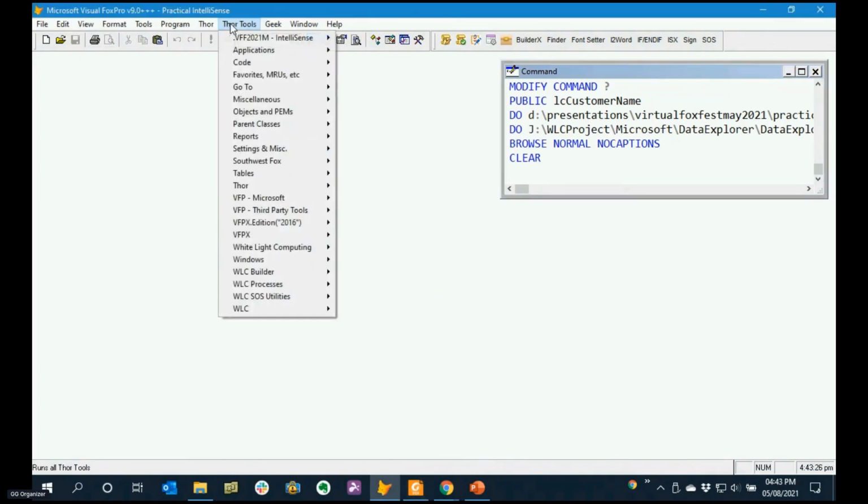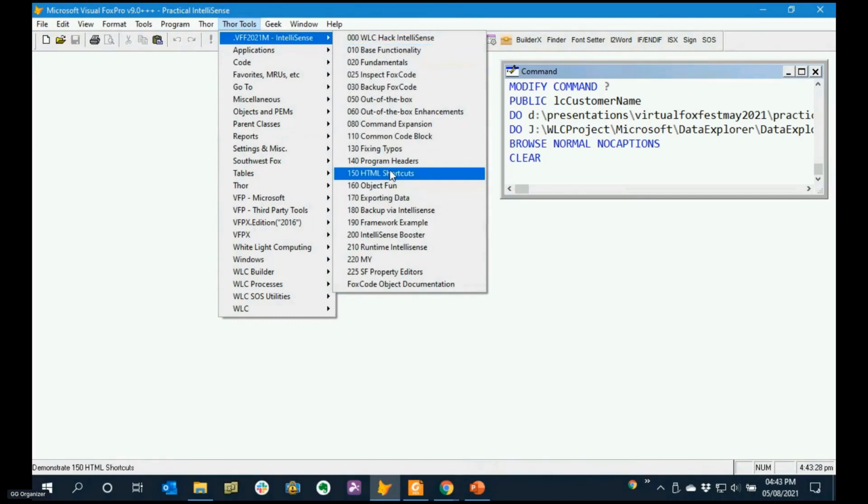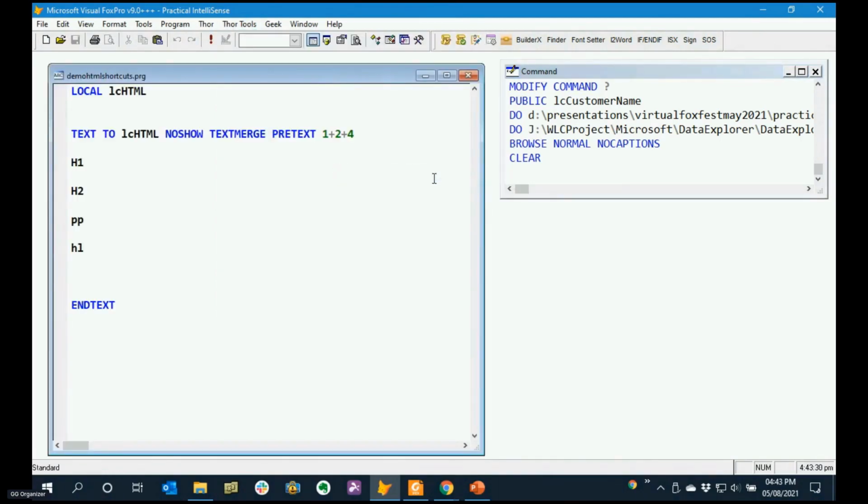HTML. Let's jump in here and do HTML. I don't do a lot of HTML. I don't use Visual FoxPro to edit web pages or do anything like that. But a good example of this is all the emails that we send out for our conference update 1, 2, and 3 that we send out in the 10 days before the conference, all are generated from programs. And all the text that you see is built up, data-driven,